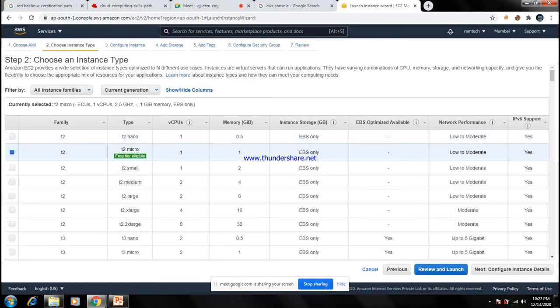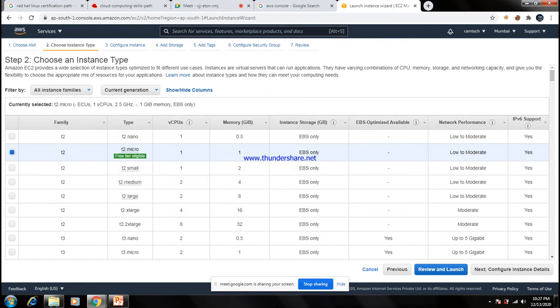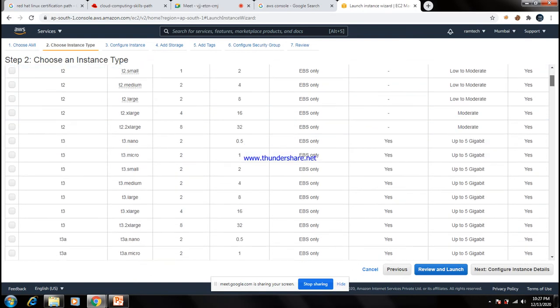Once done, go to the second topic, that is called the instance type. Before we discuss what the instance type is, I will give you two types of environment. One has very few resources and another has very high resources. That is called a T2 micro. T2 micro means very few resources: one virtual CPU, one GB RAM, and EBS volumes are used here. It is a very basic level of eligibility.